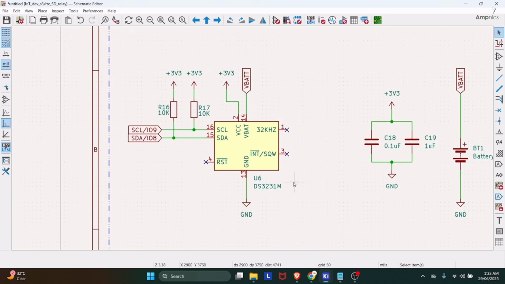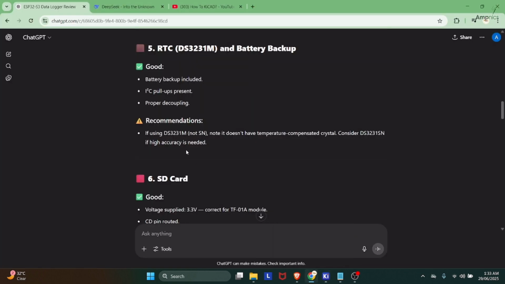So okay, we have here DS3231. What ChatGPT is saying is that if you are using this one, it doesn't have a temperature compensated crystal. Consider using DS3231SN, if high accuracy is needed. So if you are concerned about high accuracy, try to use DS3231SN instead of using